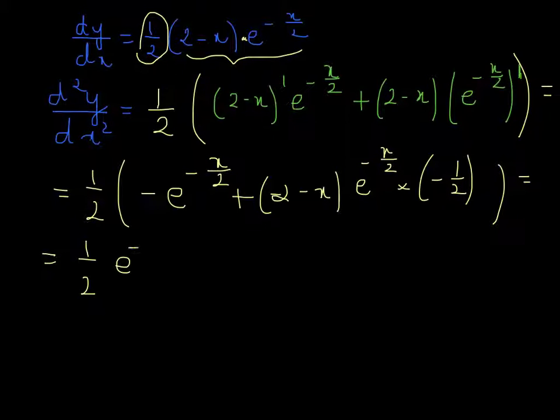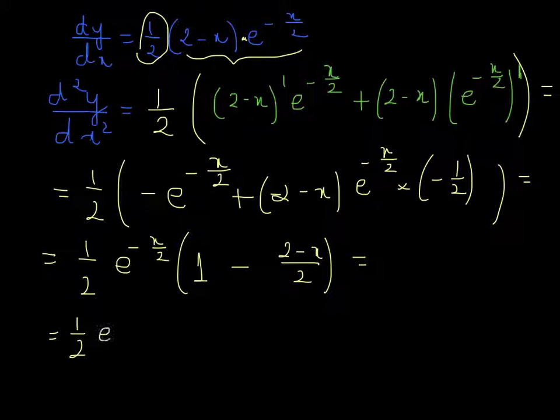1 over 2 e to the power of minus x over 2, brackets 1 minus 2 minus x over 2. So it gives me 1 over 2 e to the power of minus x over 2, 2 minus brackets 2 minus x over 2, which is